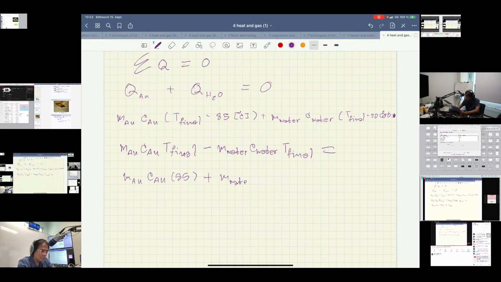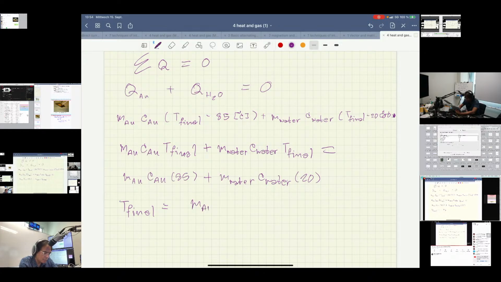Mass of water and the C of water. And the temperature is going to be 20 degrees, right? And this is the left side. If you want to find T final, this one is plus, right? You have to move everything to the right hand side. So T final will be